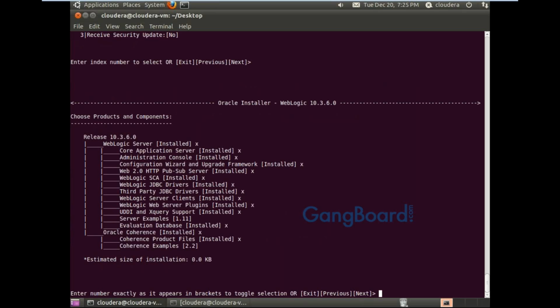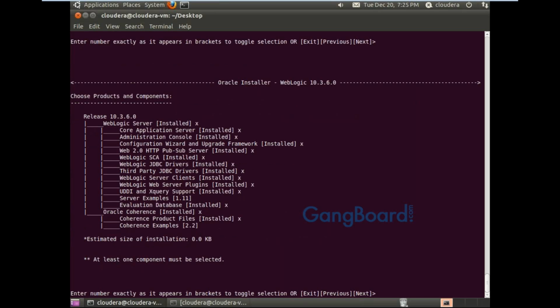Here I can choose the WebLogic installation, or if I want to install some products from the WebLogic server components, I can remove them from here. I don't want to remove anything, so I will press enter. At least one component should be selected.